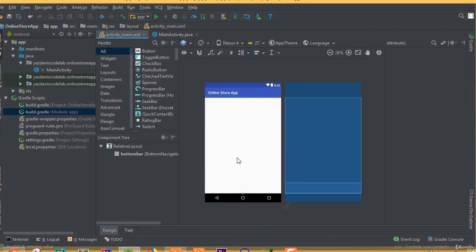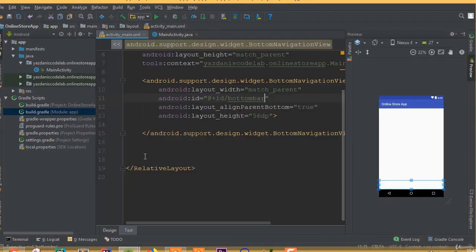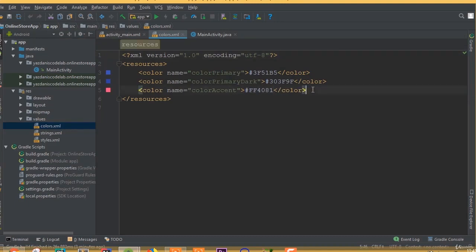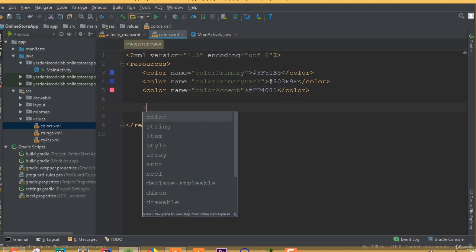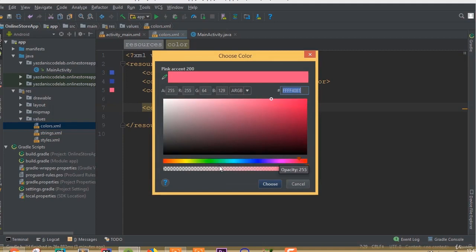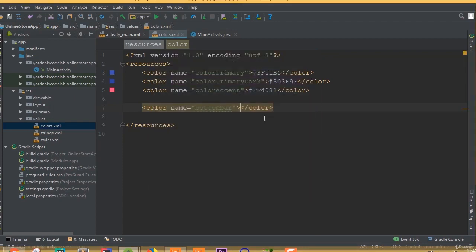Welcome back once again. In this part we will design our bottom navigation view. In our previous tutorial we created our project, we connected our Firebase and we added our bottom navigation view. So first we need to create a new color and we can call it color name. It's going to be bottom bar, and choose a color what you want. You can choose this color